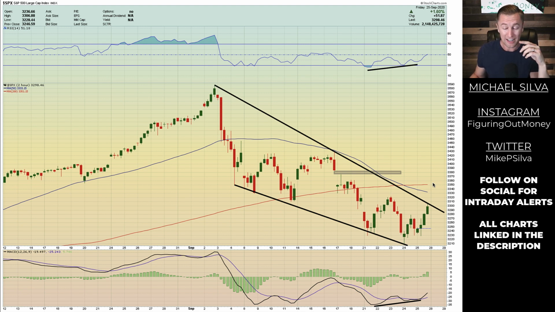I'm not saying that that's going to happen, but what I am saying is if you are in long positions, why not scale out and capture some profits before potentially getting rejected from this area and heading lower? We very well might go higher, but why not guarantee profits versus risk the chance of losing them altogether? That's just my thought process.